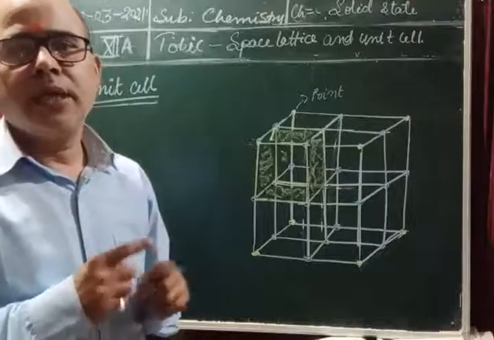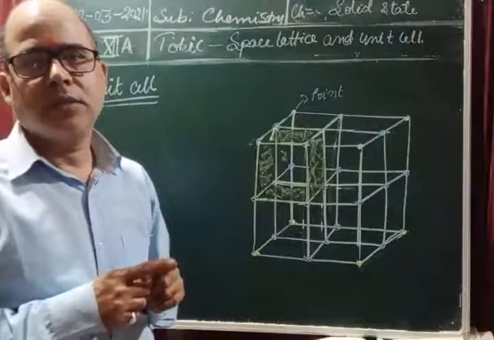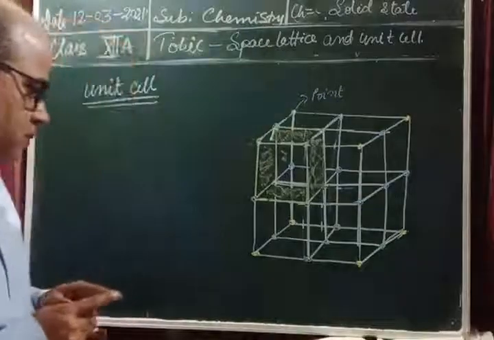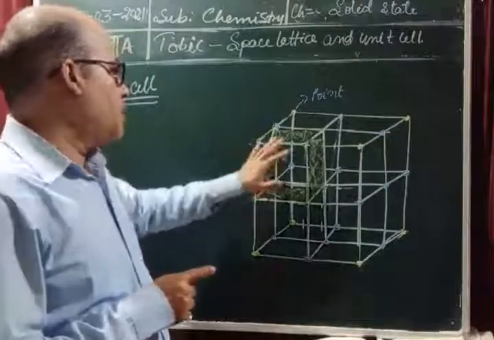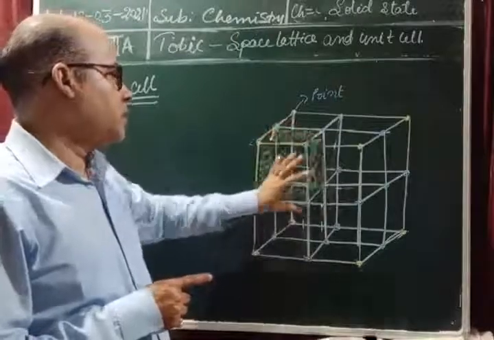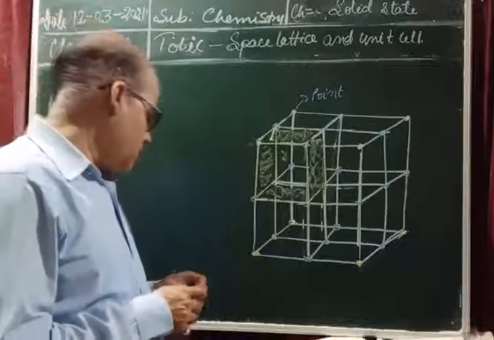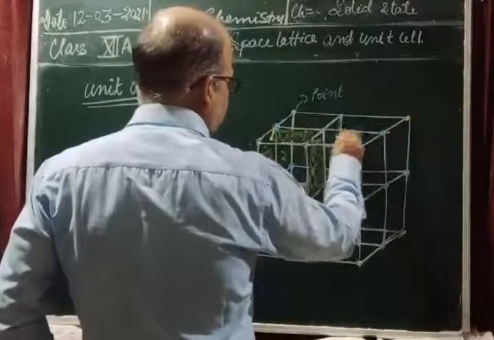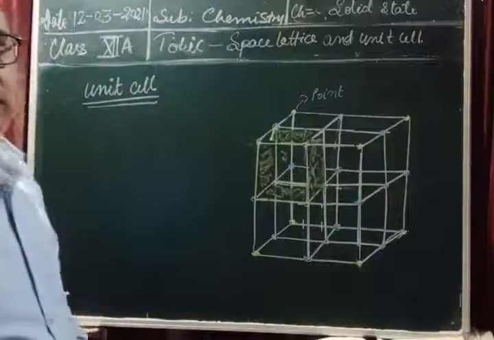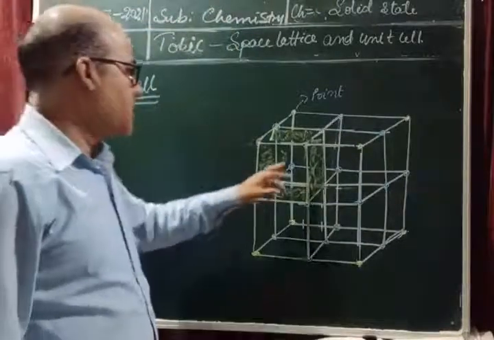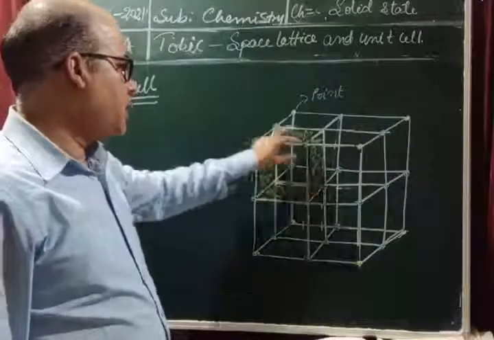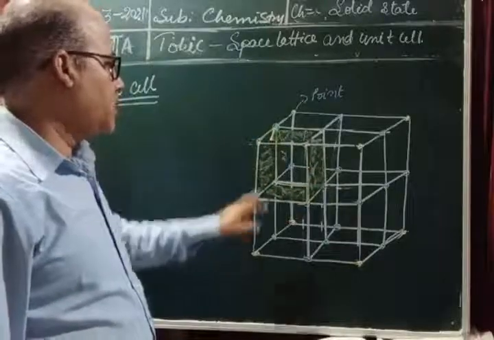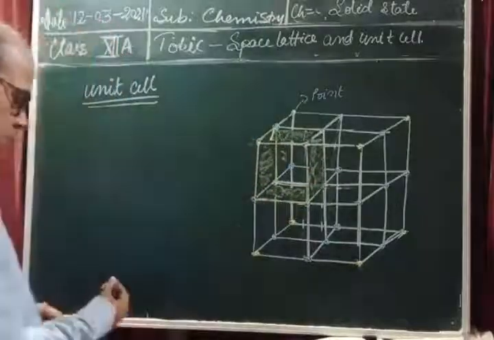Which is the repeating unit of a crystal system. Repeating unit of the crystal system. Once again, unit cell is the smallest portion of the space lattice. Okay, and it is the repeating unit. Thus you can write here